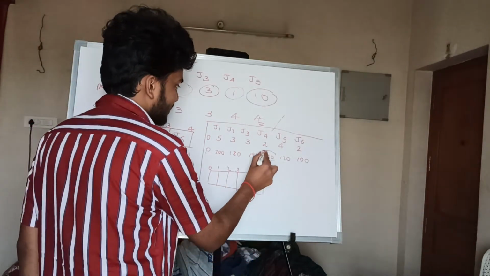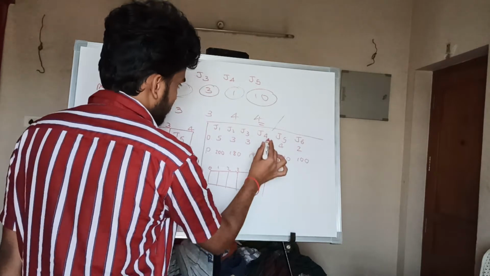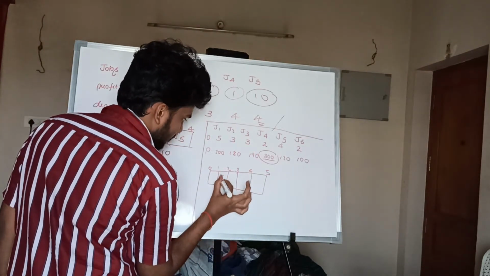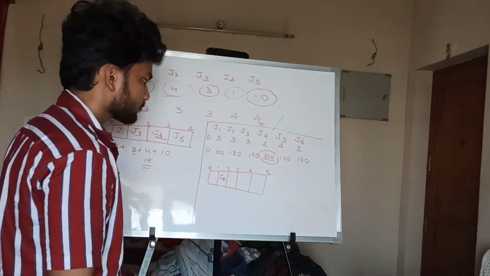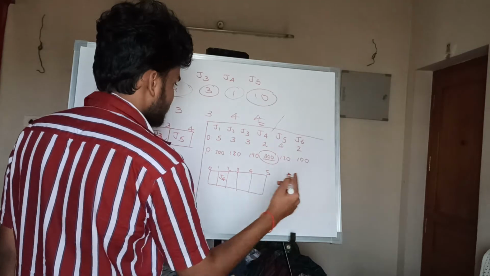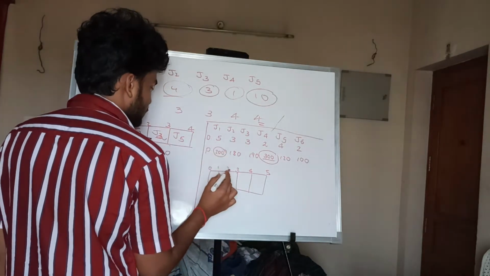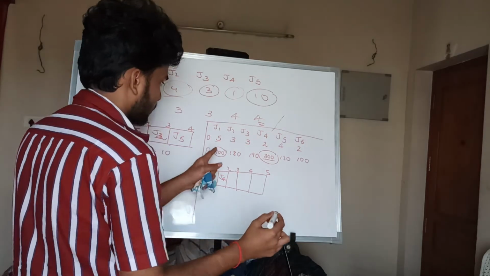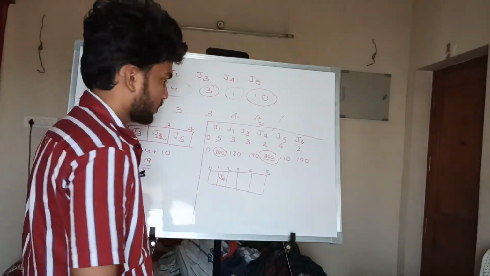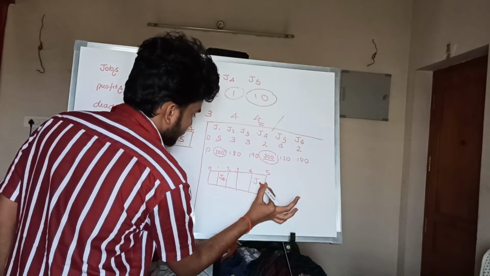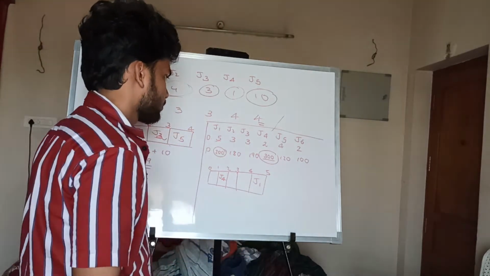So first one is 300. So 300 can be placed at the given deadline of 2. So the job placed here is J4, that is locked. Okay, now check for the second highest number. Second highest number is 200 and the deadline is 5. Again, you don't need to worry, fix it here, that is J1.